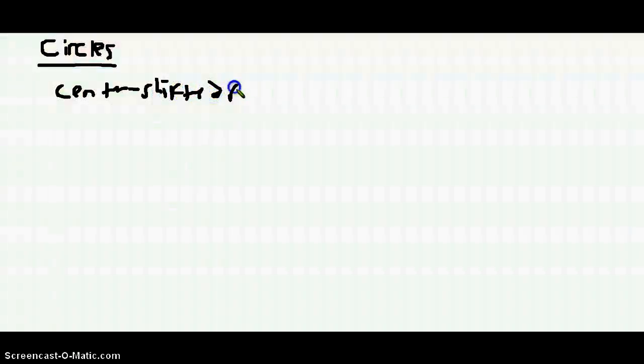Okay, so this is going to be a video about circles from the conics unit of algebra. And the first thing that we want to do with circles is display the center shifted form, which is centered shifted form